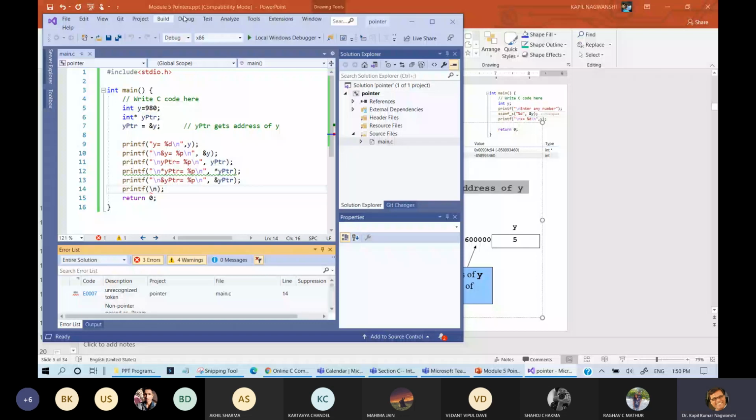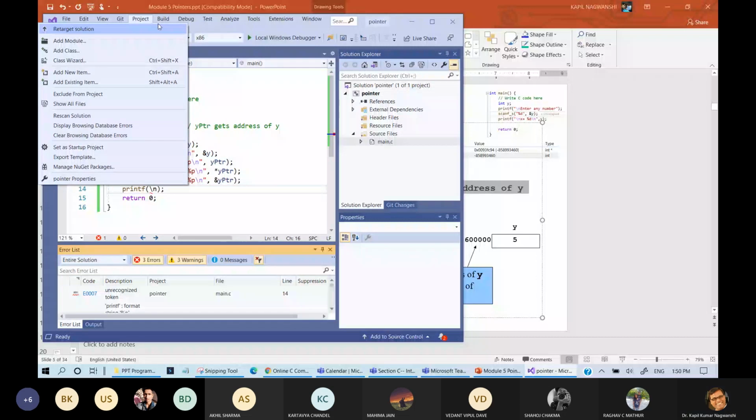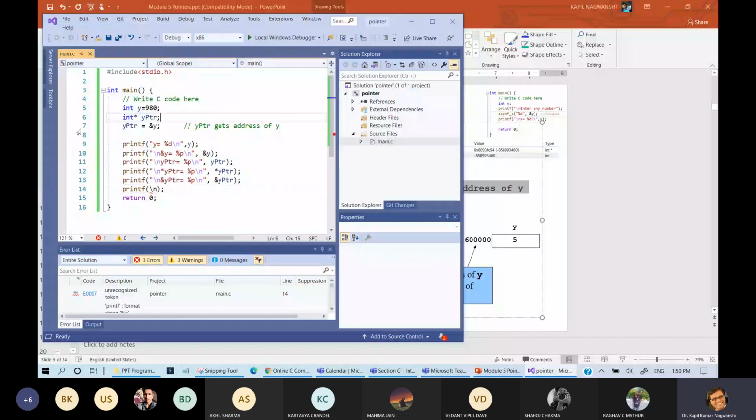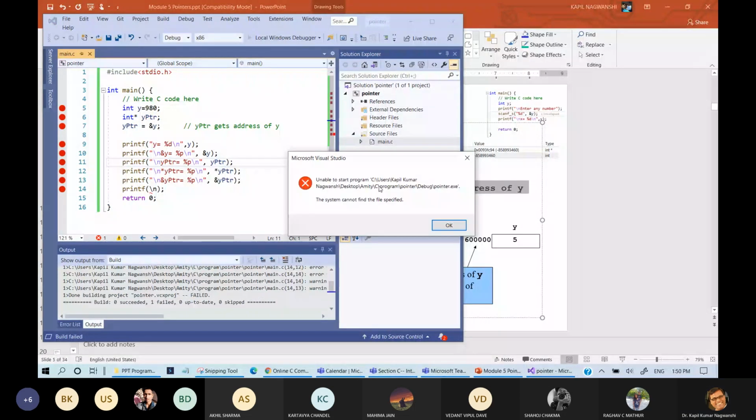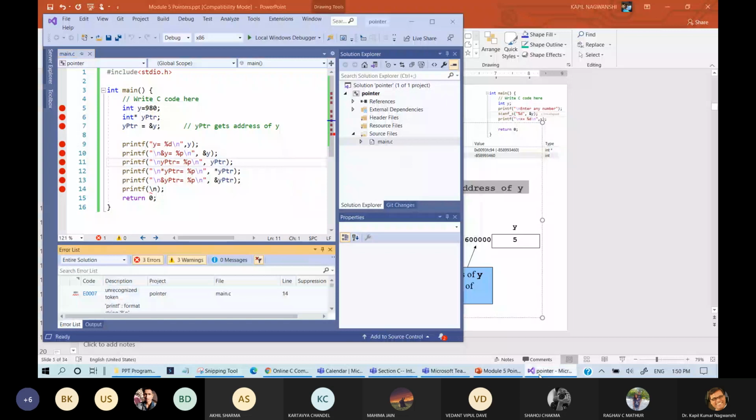Clean solution, rebuild solution, and let us put some checkpoints. What is the meaning of each? It will run in multiple steps. Just try to see what is the meaning of pointer. Is there any problem?